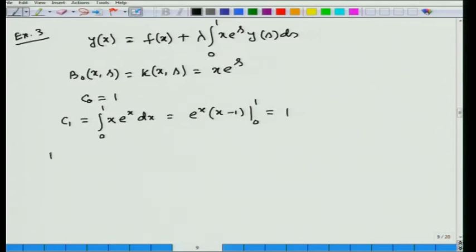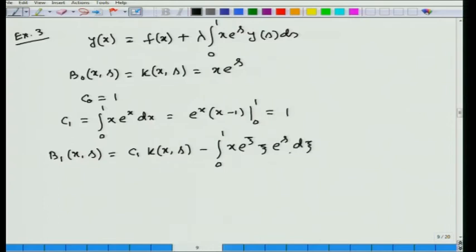Now, if we calculate b1(x,s), this is equal to c1 K(x,s) minus integral 0 to 1 x e to the power xi multiplied with xi e to the power s d xi. So, this will be equal to, since c1 equal to 1,